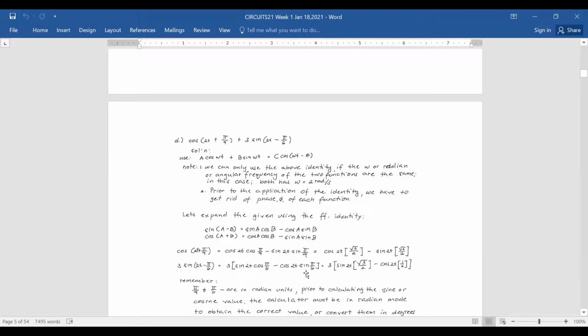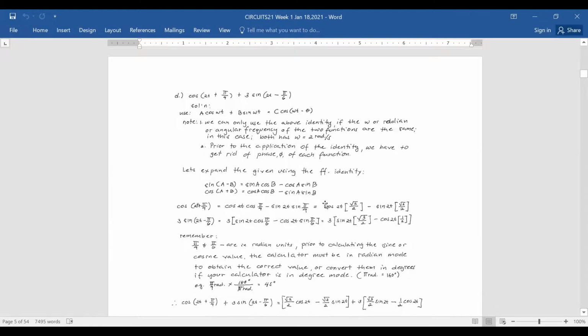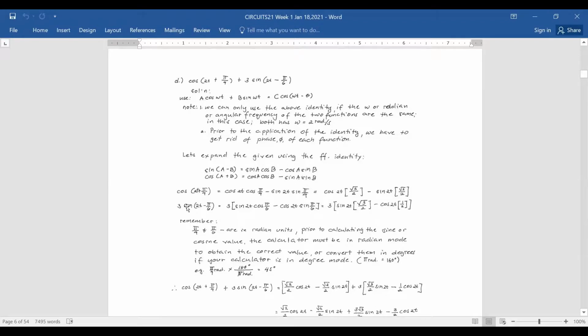Or what is sine pi over 6, or sine 180 degrees over 6, or sine 30 degrees? Sine 30 degrees is 1/2. Or if the calculator is in radian mode, then you simply follow this, sine pi radian over 6. Sine pi radian over 6 is also equal to 1/2. Then knowing now the values of cosine pi over 4, cosine pi over 6, as well as sine, we can now substitute the values of the cosine as well as the 3 sine